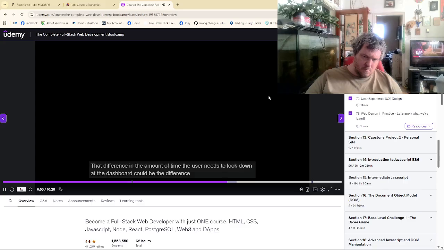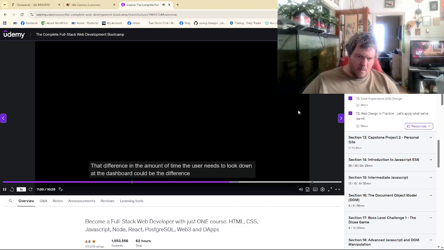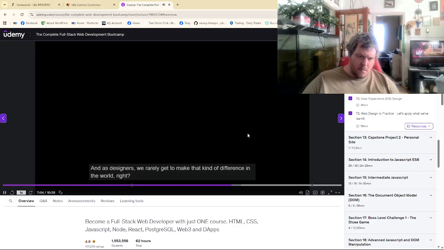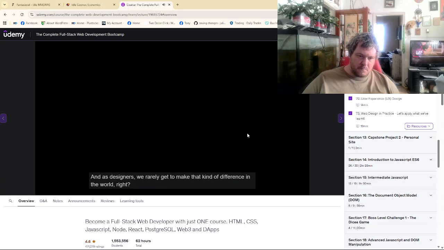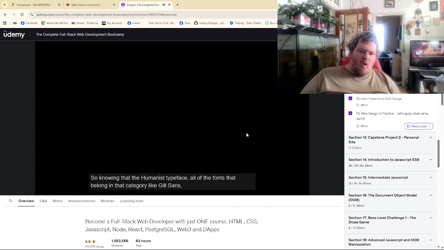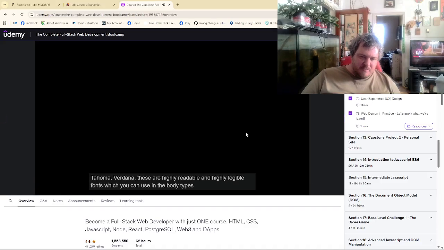That difference in the amount of time the user needs to look down at the dashboard could be the difference between life and death. And as designers, we rarely get to make that kind of difference in the world, right? So knowing that the humanist typeface, all of the fonts that belong in that category, like Gill Sans, Tahoma, Verdana, these are highly readable and highly legible fonts, which you can use in the body text, for example, of your